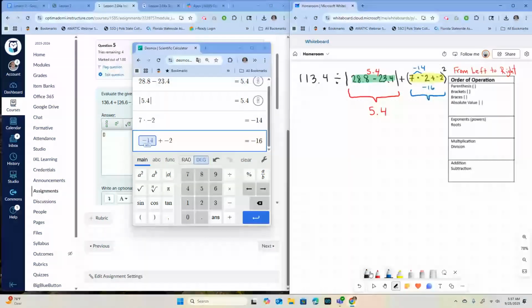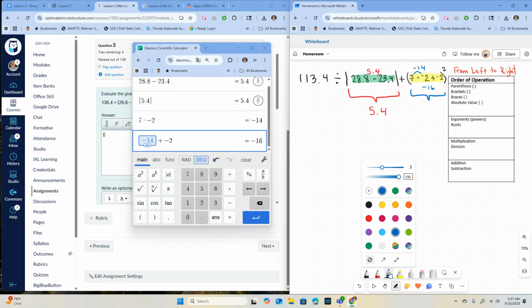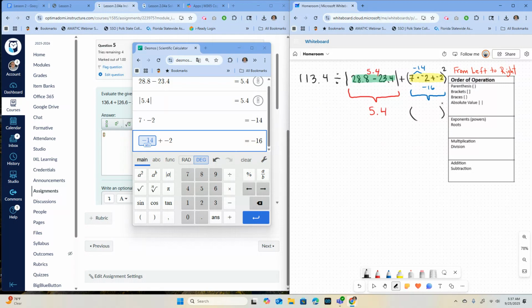Okay, so what I'm going to do now is write this parentheses, keep the parentheses with the exponent 2 on the outside, but inside I have -16 because that's what I got when I worked it inside. I kept the parentheses because I have an exponent on the outside of the parentheses. That's why I kept it. Now everything else I haven't used, I'm going to write it again, okay? And now that I'm done with the absolute value bars and working inside the parentheses,